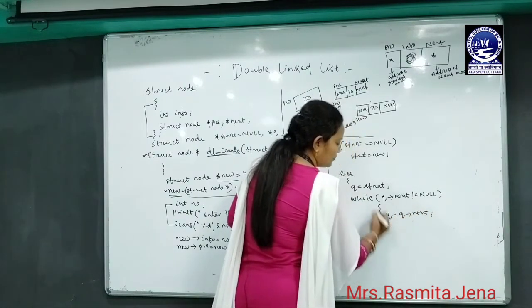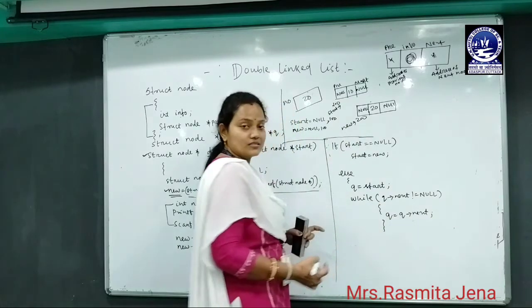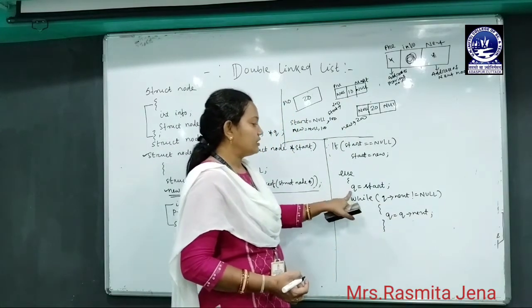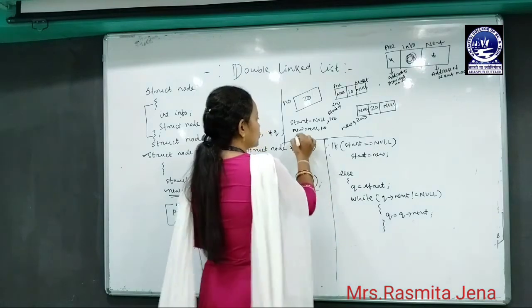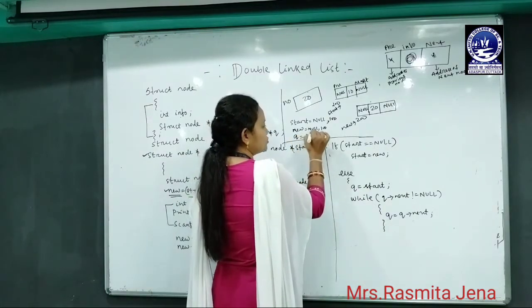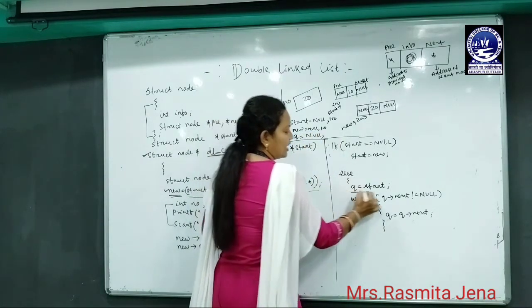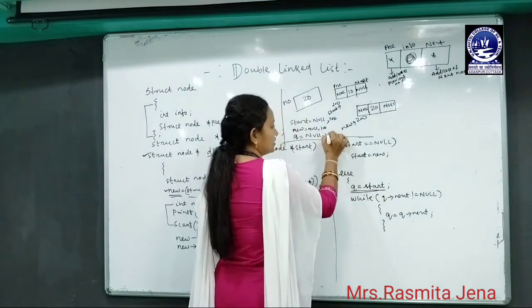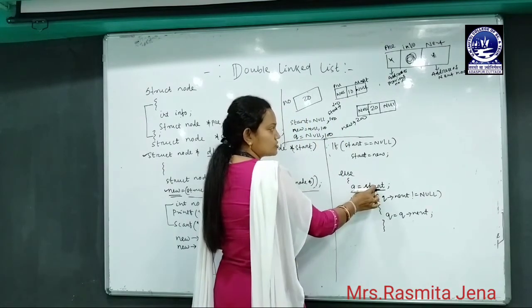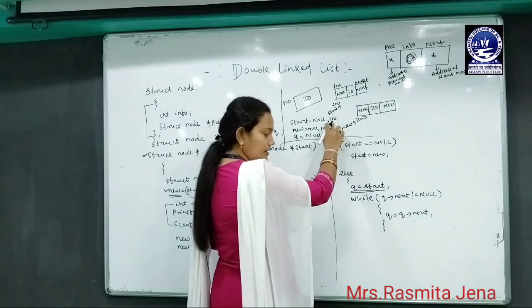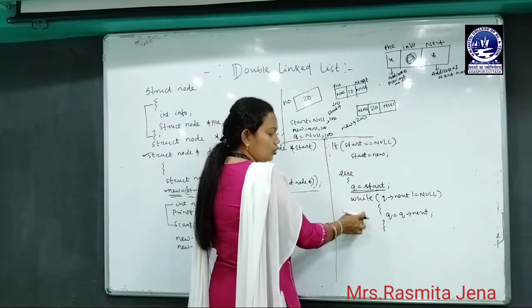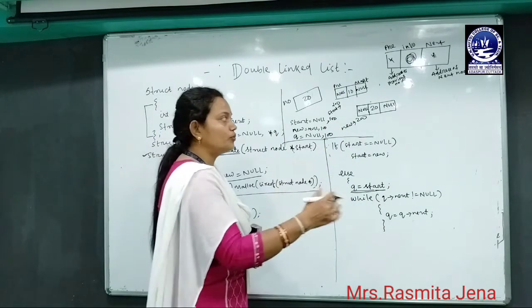Let me execute this loop first. When I write q equals start, q will become a pointer which is initially null, and when I write this statement, q becomes 100 because q equals start and the start value is 100. Next we execute the loop to move to the last node of the